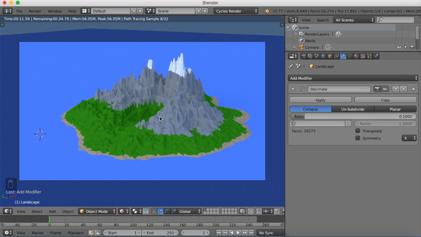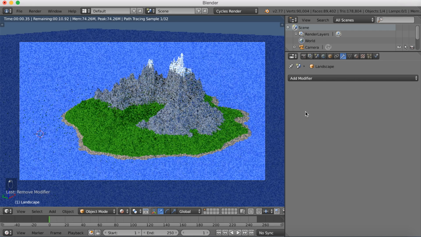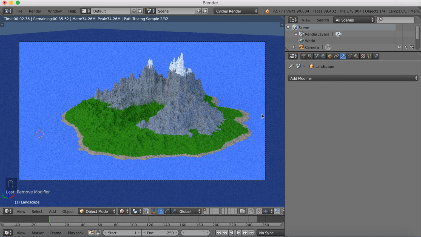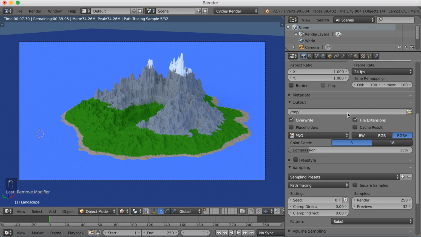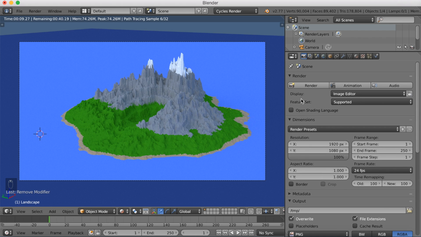And this is also the result that you will see in the tutorial thumbnail. But you can keep it this way, or you can change the decimate ratio, or you can just remove the decimate if you want to. Like this, and you will have the same result as we had in the beginning. So you can just render which part you want to have, with decimate or without decimate. So I'm going to click render,